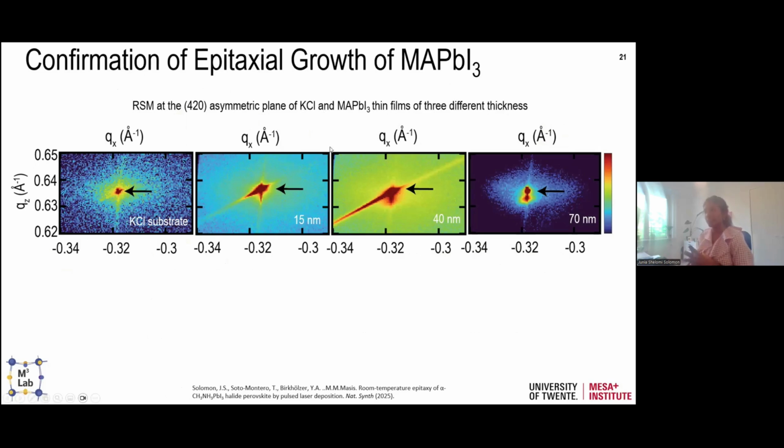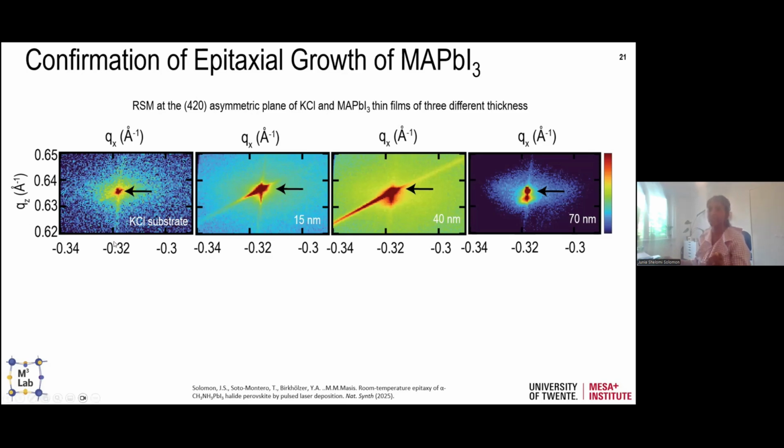Reciprocal space mapping is usually done to confirm epitaxial growth because you're able to get information from both the in-plane and the out-of-plane. A quick way of understanding reciprocal space mapping is you're doing a couple of rocking curve measurements at a specific plane but at different 2 theta angles, and you put them together. So you're able to view both the substrate and your film in the same reciprocal space region. And here, the y-axis, QZ, gives us the out-of-plane reciprocal lattice coordinates,